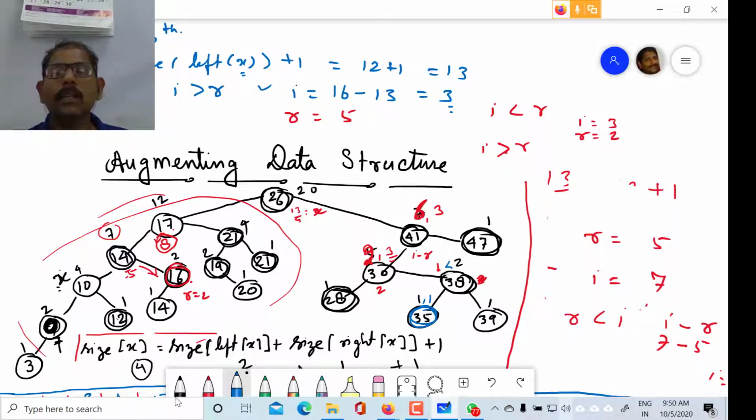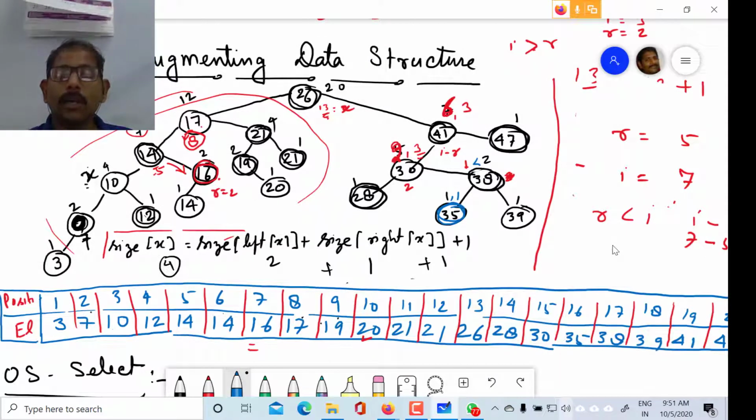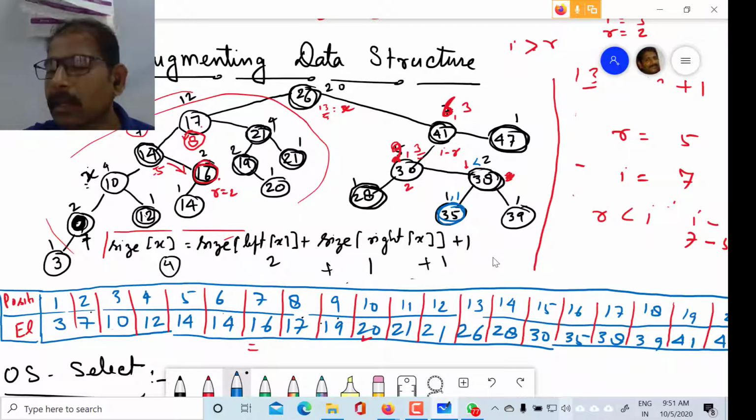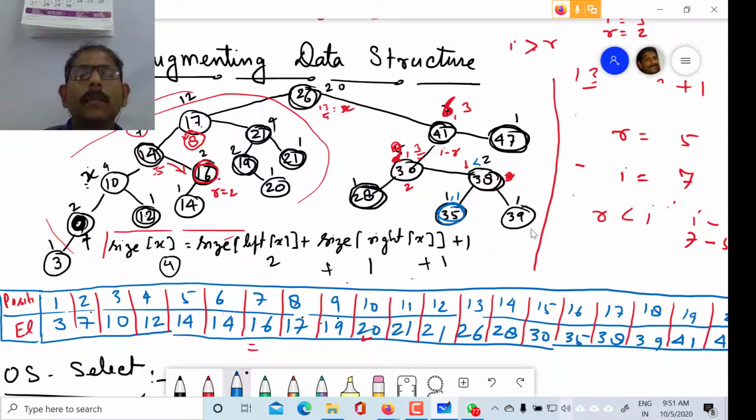So we have seen that by using this formula, we easily find the actual value. In this method, we have calculated the ith minimum value inside the tree. So by taking two examples, I think you have understood how we can calculate the ith minimum element inside a red black tree.